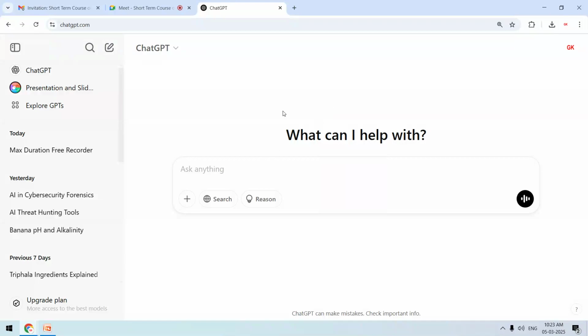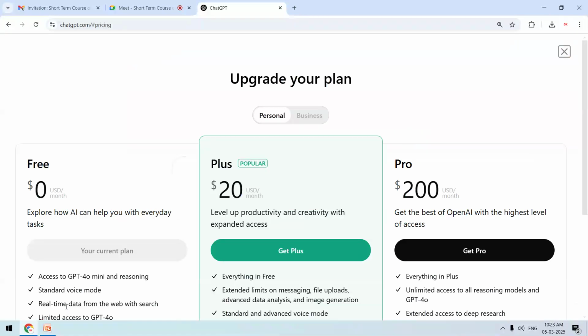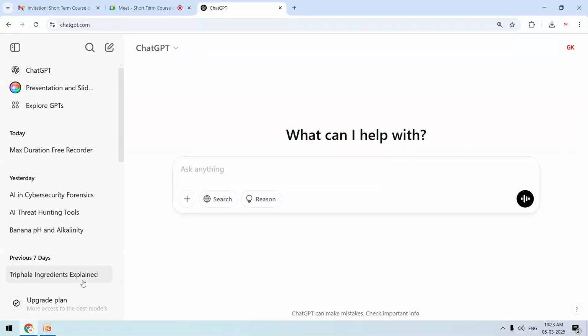If I ask ChatGPT to create some diagram or image, after a few attempts, it will ask me for a paid subscription. But I want to generate hundreds or thousands of images without any paid edition. I am also using the free edition, so you can see that it is asking me to upgrade my plan. I am not using any paid edition, only a free subscription account of ChatGPT. In the very first demonstration, we will see